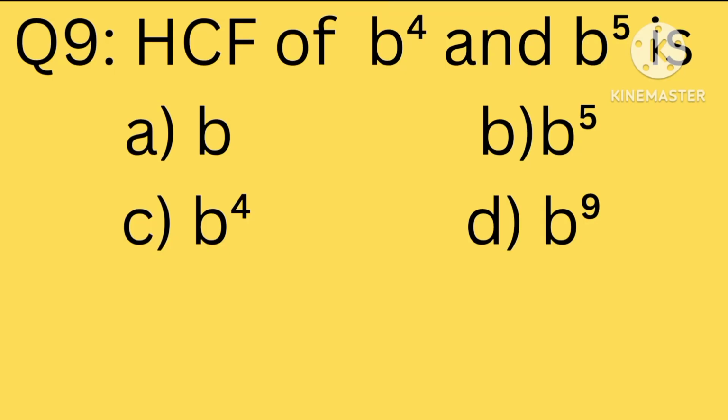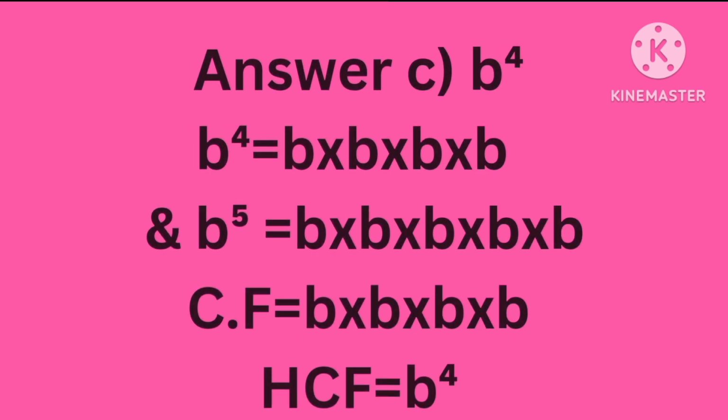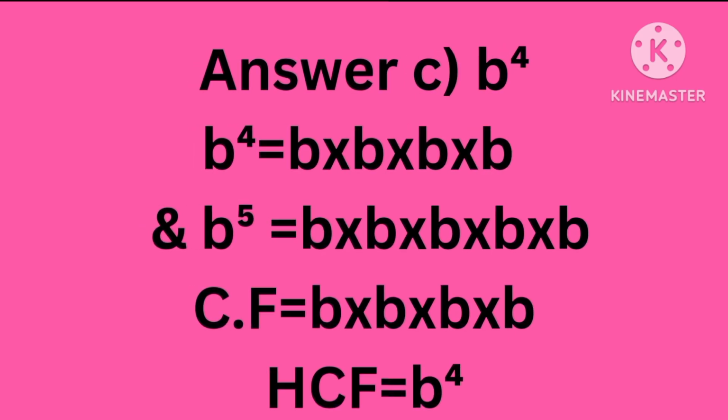क्वेश्चन नंबर 9, HCF of b की पावर 4 and b की पावर 5 is b की पावर 5, b की पावर 4, b की पावर 9। b की पावर 4 और b की पावर 5 दोनों में कॉमन फैक्टर, कॉमन बीस जो है वो 4 है, 4 बीस को मल्टीप्लाई करें तो b की पावर 4 हासिल होगा। तो HCF इज इक्वल टू b की पावर 4।